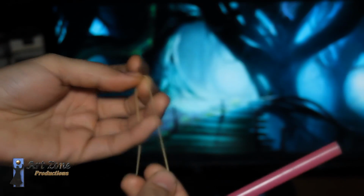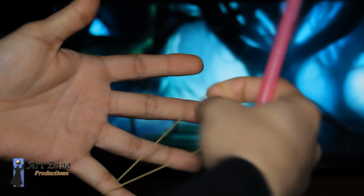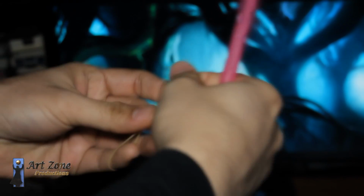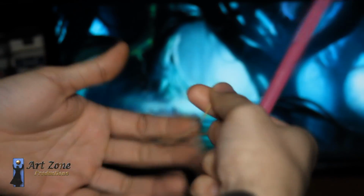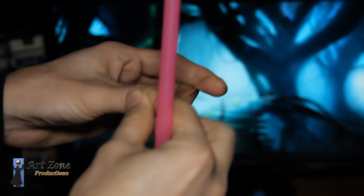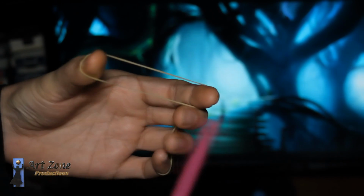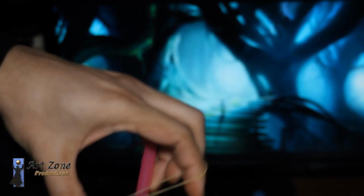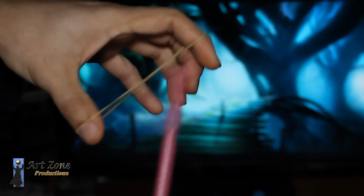Notice the rubber band when I do the setup, whether it's the first part or the second part, I never twist the rubber band. I never twist anything. It goes exactly the same. With my right hand, which is the one holding the rubber band, I stretch it and bring it back. I never twist anything for the first part or the second part. That's it. Okay. 1, 2, 3, and then